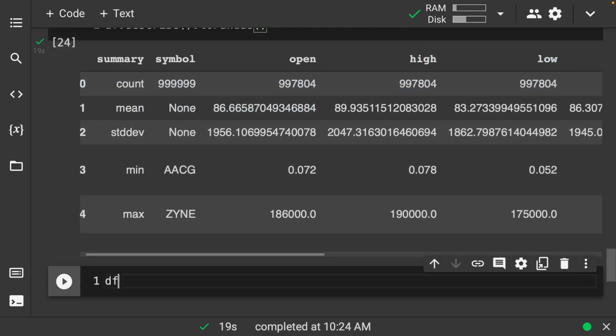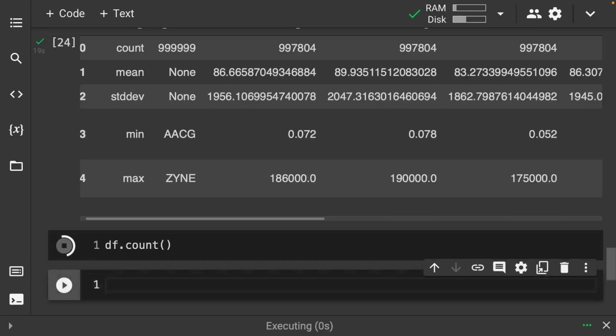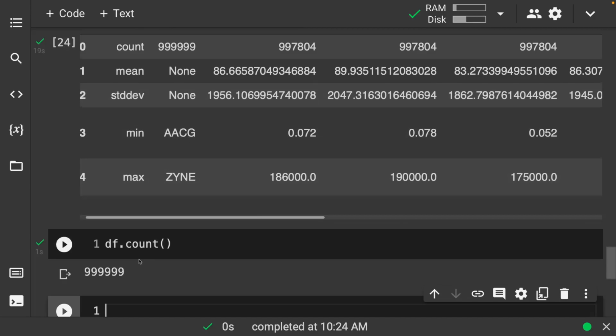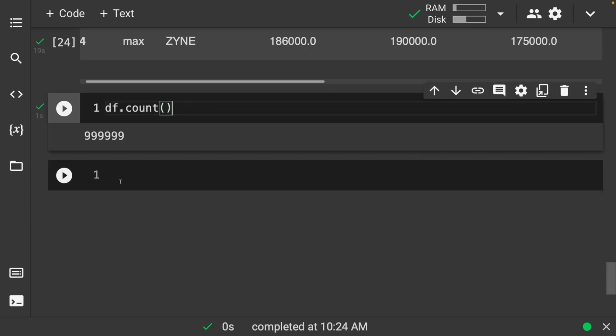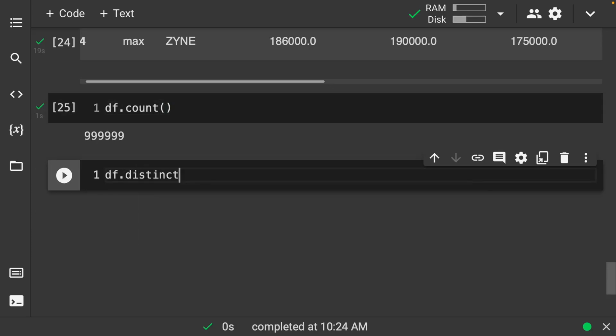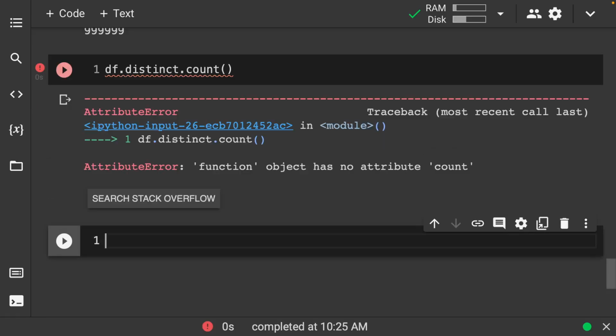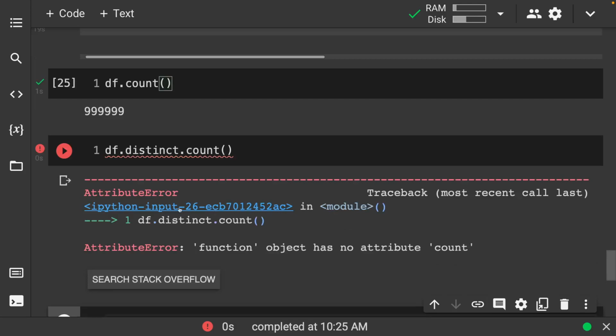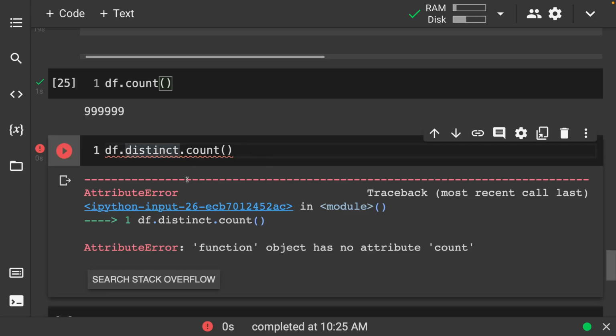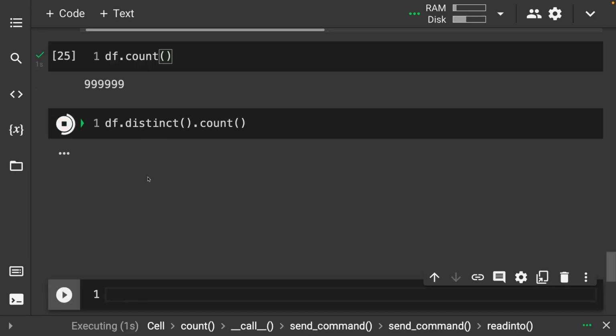So let's do something like df.count, run this, and this will get us that same 100,999. We can also do something like df.distinct().count, and run this as well. There we go. And again, this will show us the exact same number. Let's go on and take a look at just the